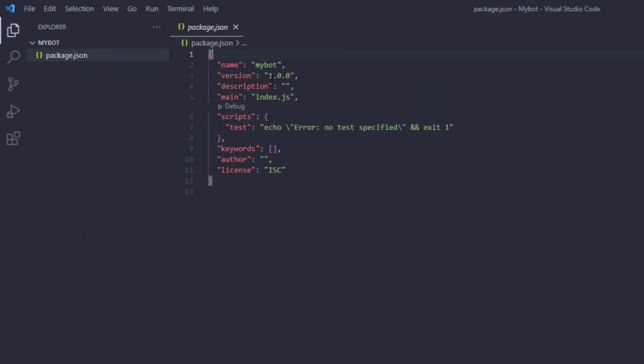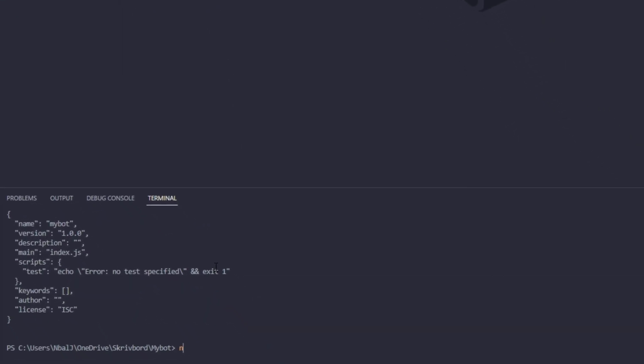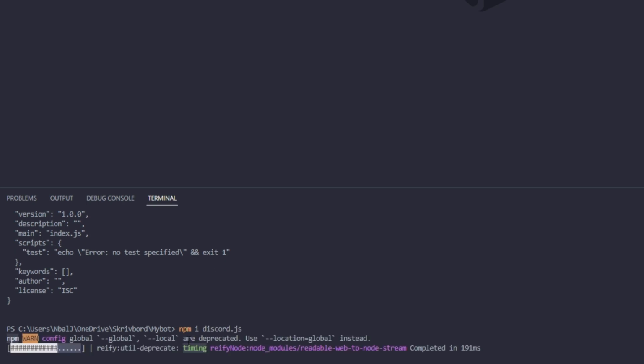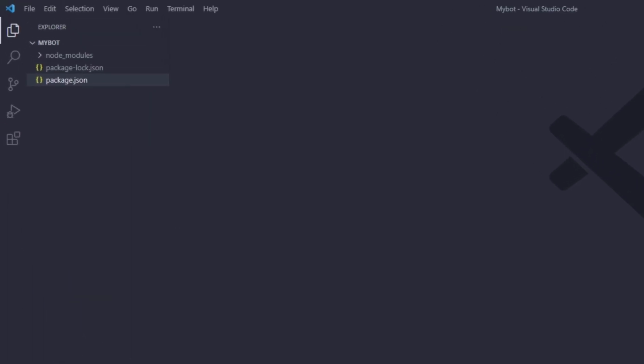Here you can change the name, or you can change all of the values in here, but you don't really have to. This is not necessary for what we're doing. Now let's go back to the terminal and type npm i discord.js, and npm i means npm install discord.js. Alright, now that is done, we're gonna click on this new file symbol, and we're gonna create two files, the first one being index.js and the second one being